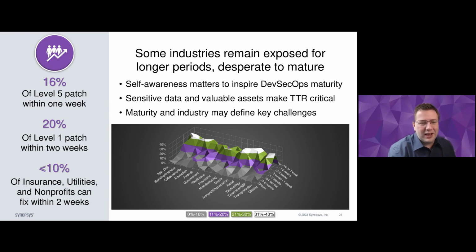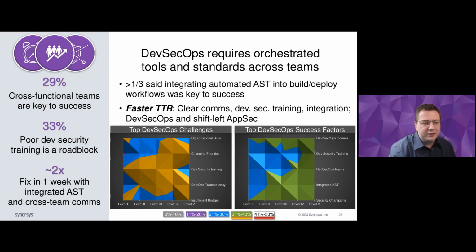It's not just a reality check. Depending on your industry, going back to those tech stacks, the processes, the regulations, and so forth, and considering your DevSecOps maturity, we're going to have a few challenges and success criteria that we want to consider. DevSecOps, like I said, is going to require orchestrated tools, processes, and standards, all facilitated by those contributing teams from development, DevOps, and security. So the first data point here, we've got 29% of organizations citing cross-functional DevSecOps teams as being key to success. And 33%